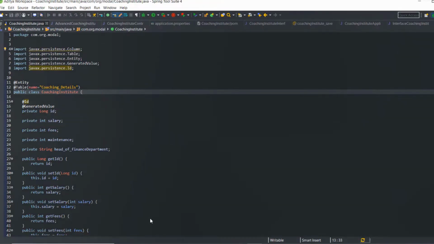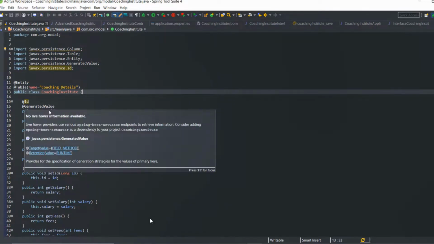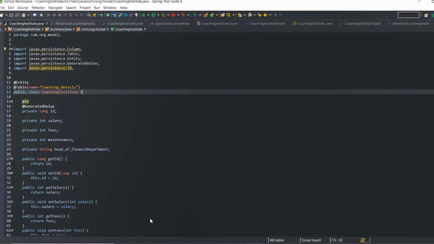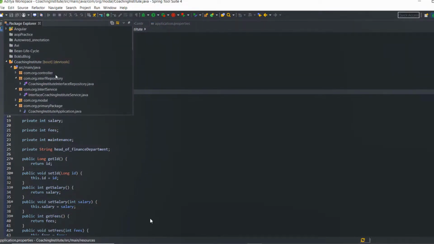After that, I have implemented JPA based annotations in the Coaching Institute model class. That part also I've completed, and through that we understood different annotations. If you want to give a custom name, then you can use @Table, and if you want to give a column custom name, at that time we can use the @Column annotation. There are many other things for joining, like one to many, many to one, but we haven't implemented them. But maybe whenever we increase this project, we will learn that also.